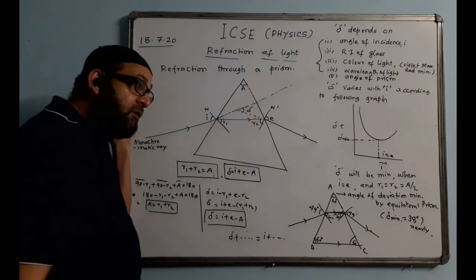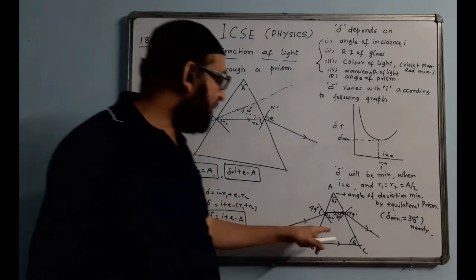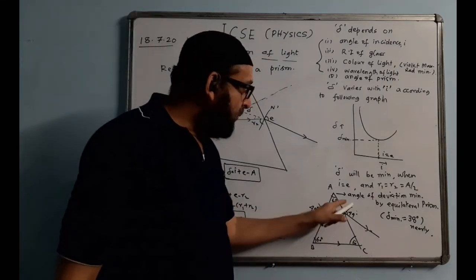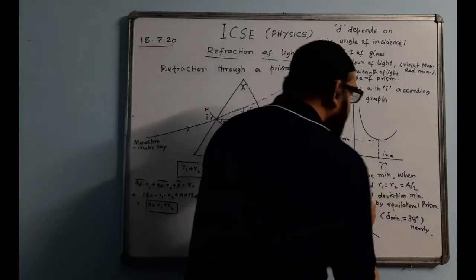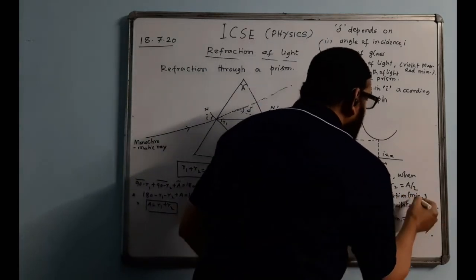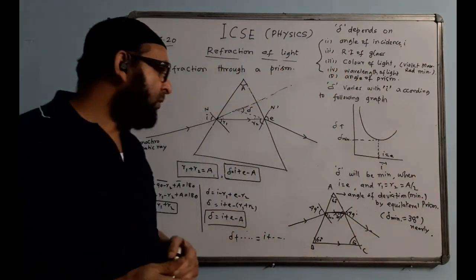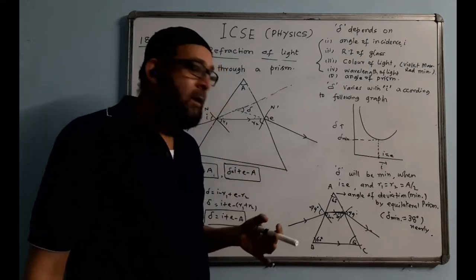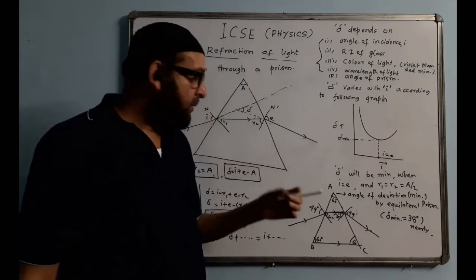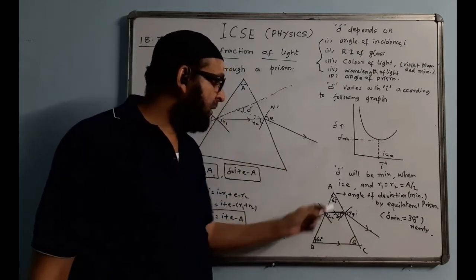The one such case we have in the syllabus to show is this one, the equilateral prism. We are showing the minimum deviation by an equilateral prism. We'll put this in brackets. This minimum deviation position we are showing in an equilateral prism, which is also called a regular prism or equiangular prism. All the angles are equal. Each one is 60 degrees.